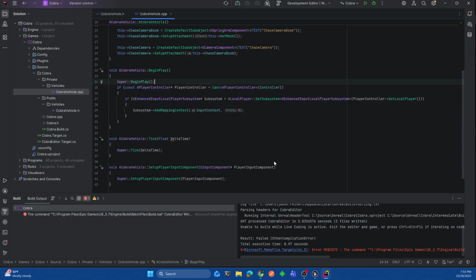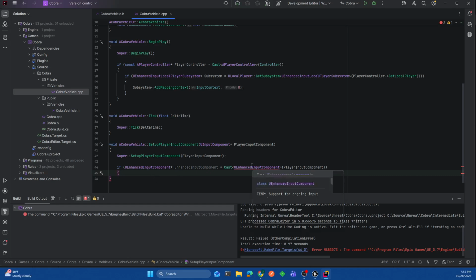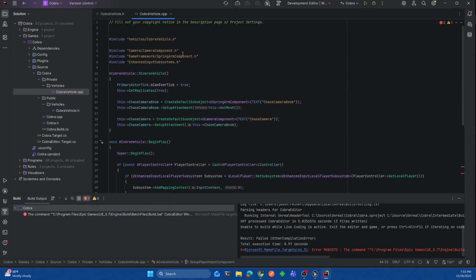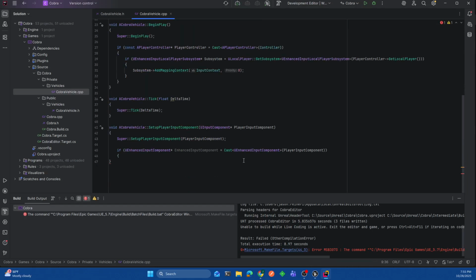I always forget to call the base class here. Okay, I'm going to copy this big if statement out of my previous project. Let's just make sure we have an enhanced input component. Now I need that class. Should have just left it, I guess. Or header file. Okay, there we go. So if I have a valid enhanced input component, I'm going to bind some actions, and